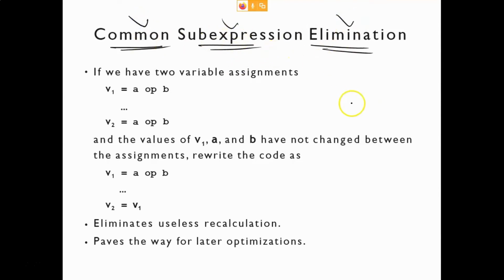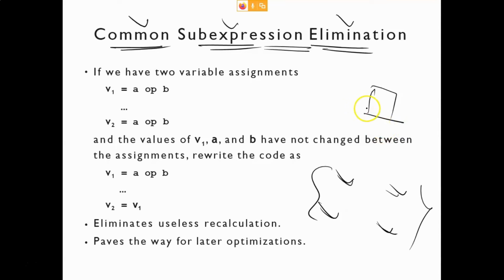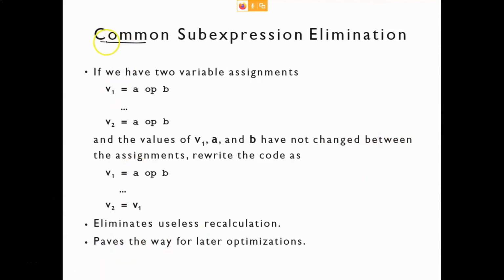They will ask you what will be the output if you apply the common sub expression elimination. Some programs will be given to you, and you need to find which of them will be the correct output. Or they will give you a program and some different program, maybe program P1 and program P2, and they will ask you which optimization technique you have applied from P1 to P2. So these things they can ask you. So let's see the formal definition of common sub expression elimination.